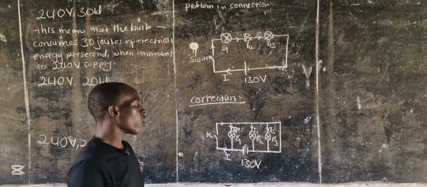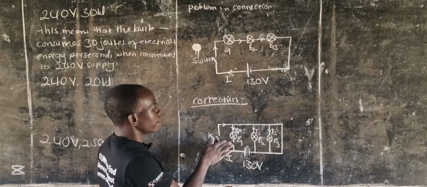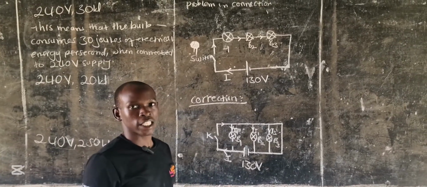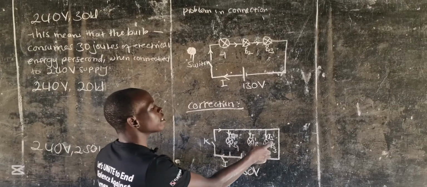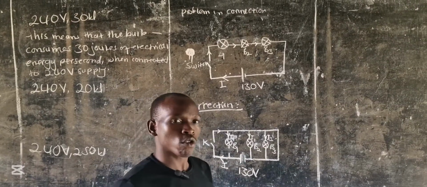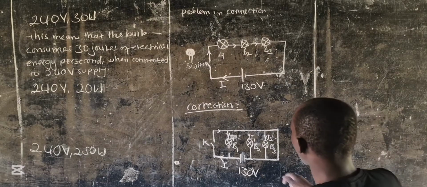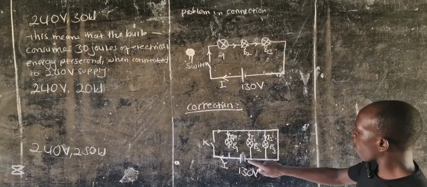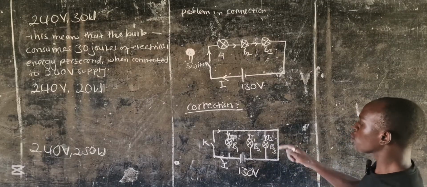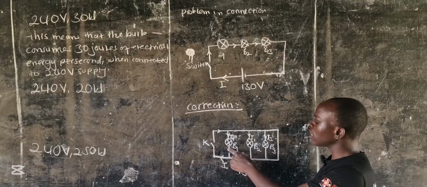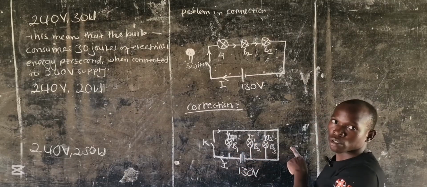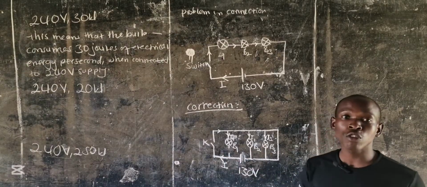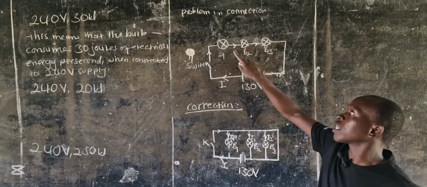Now, look here. If this bulb gets a problem, maybe its wire gets cut, it stops giving light. But this does not affect these two bulbs. These two bulbs continue giving light. Why? These two bulbs are getting connection or are getting two wires. One is here, another one is here. So this bulb failing to give light does not affect these two bulbs. In other words, if one bulb fails here, the rest of the bulbs will continue giving light, unlike the series